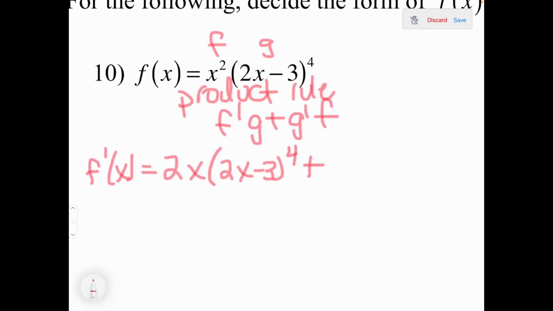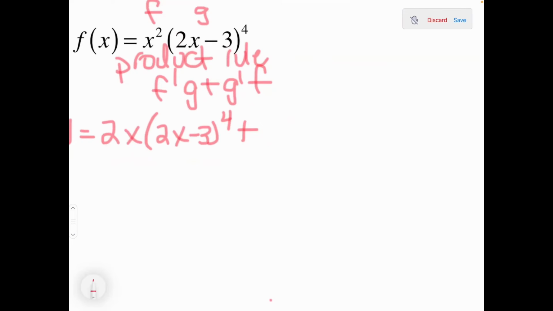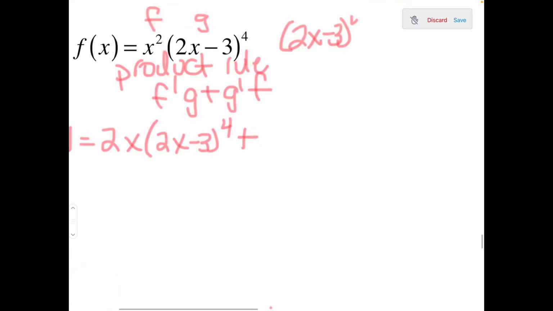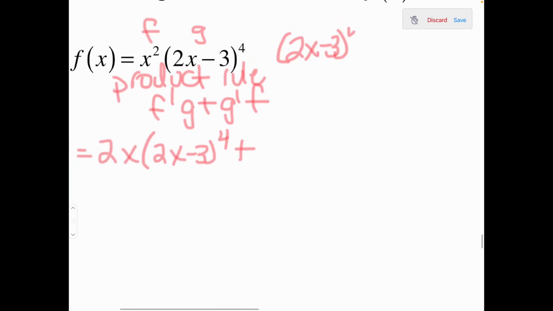We're going to take the derivative of the 2x minus 3 to the 4th power. And this is where chain rule is going to come into play. So what is the derivative of 2x minus 3 raised to the 4th power? That's what we're looking at. So the derivative of that would be,